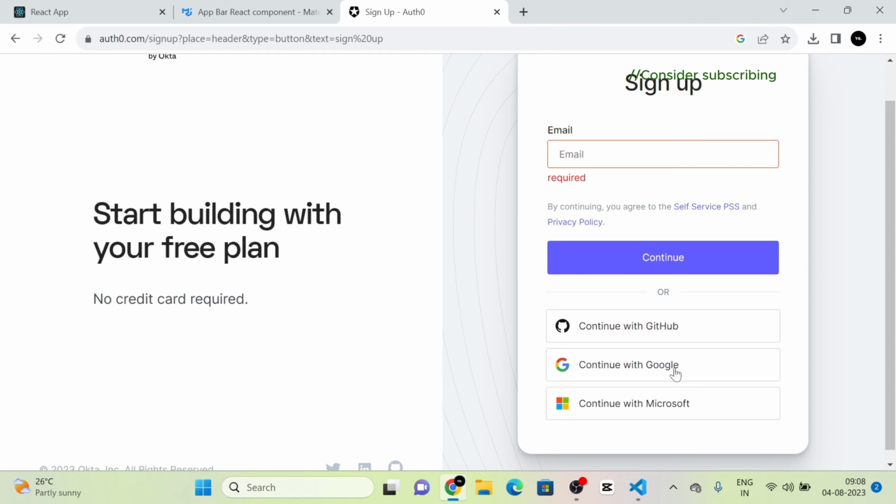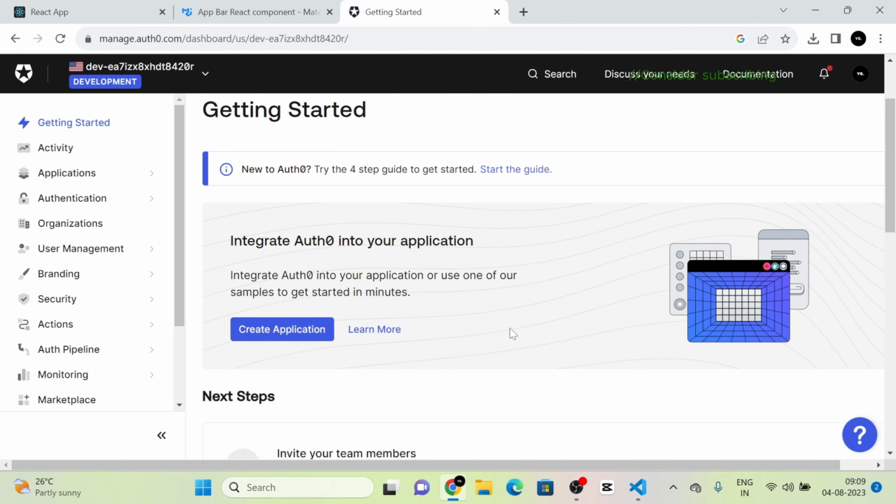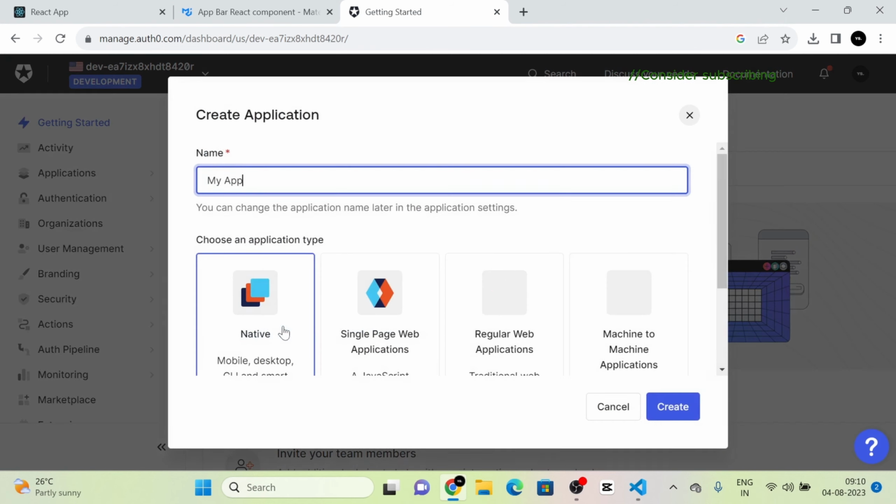So I am choosing the Google account for sign up. So I'm clicking this continue with Google button. So next we will be redirected to the dashboard of Auth0. Here in the beginning itself, you can see that there is a create application button. So I am going to click on the create application button. Then next we have to give the name of the project. So I am giving the name of the project as Yes To Do itself,